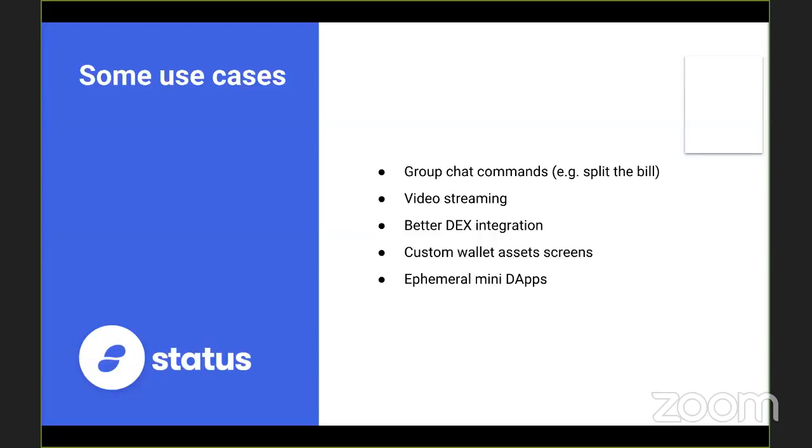Another potential example is streaming video. In a chat application, usually streaming video is kind of something important. We don't have it right now, and having extensions would allow other Ethereum projects to provide this feature. For instance, Livepeer is providing that kind of feature. So if we can have them directly implement live streaming for us, that would be actually quite huge.